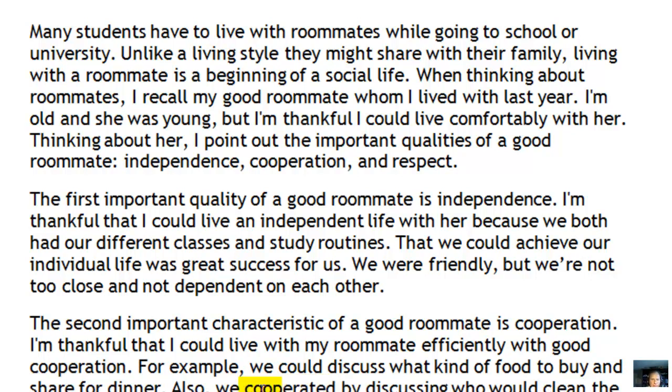So you say, also we cooperated by discussing who would clean the dining room today and tomorrow to live, how about a comfortable and clean environment. To share the food was one of the great memories with her. Also, you're getting to the end of the paragraph, so I might say something like, finally, on the weekend, we cooked